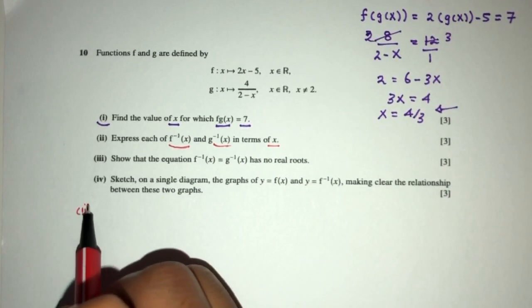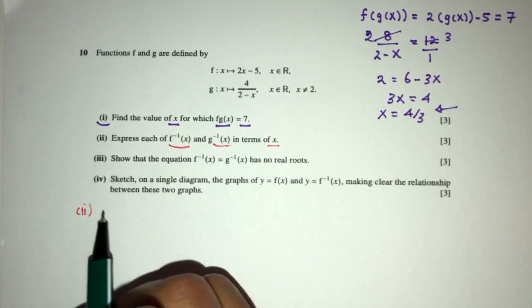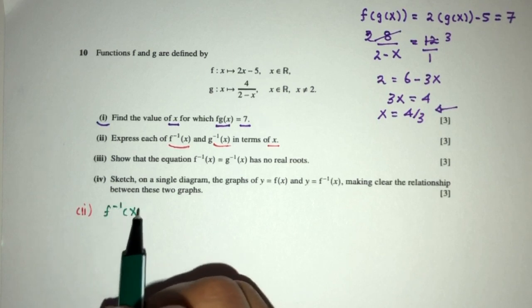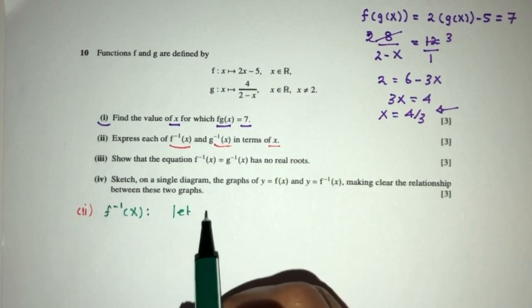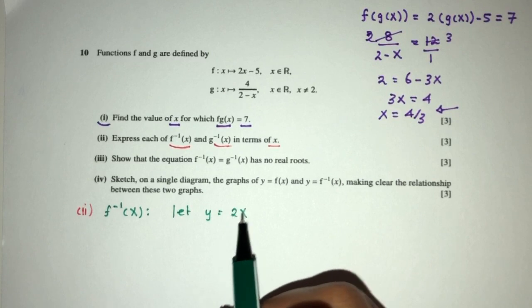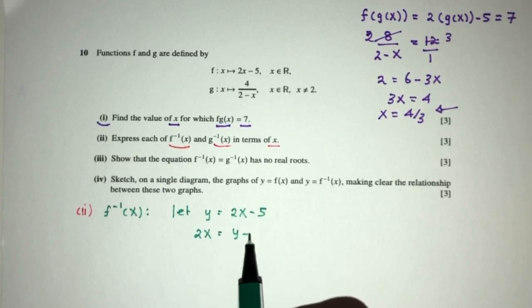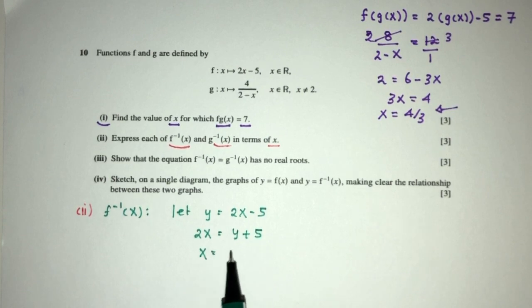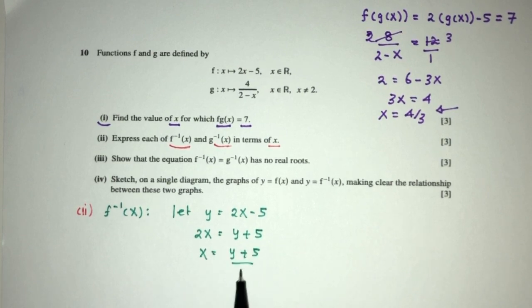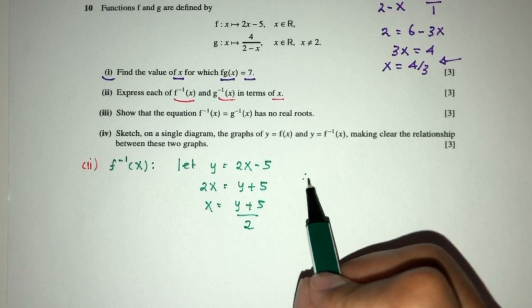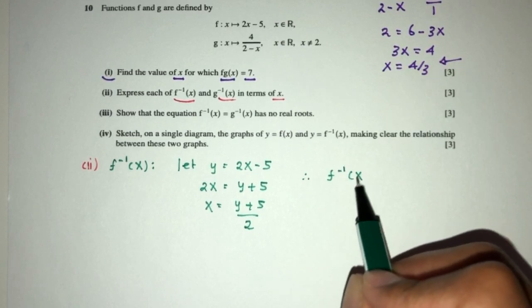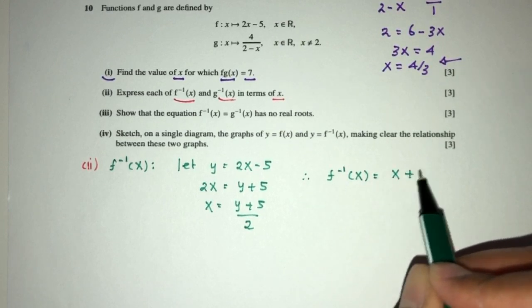Part 2, sorry. So f inverse of x, we have to first let y equal to f of x, which is this, then make x become the subject. So we have 2x equal to y plus 5, so x will be y plus 5 divided by 2. So here we conclude f inverse, in terms of x, we have to write x plus 5